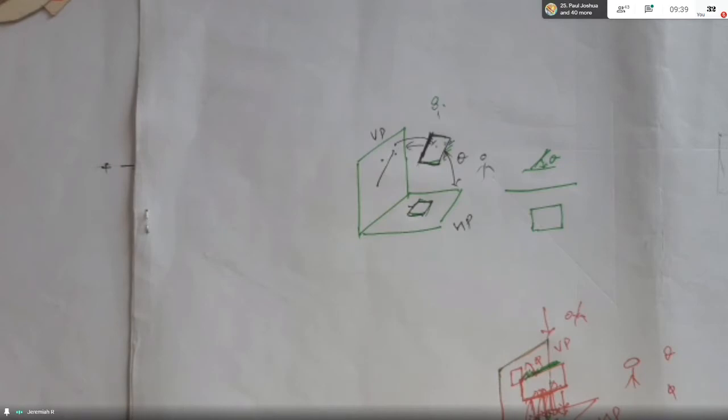We will have problems based on the last 2 cases, and one more most important case, case number 2. Case number 1 has 5 subdivisions. Case number 2, oblique planes. Oblique planes are inclined to both HP and VP.